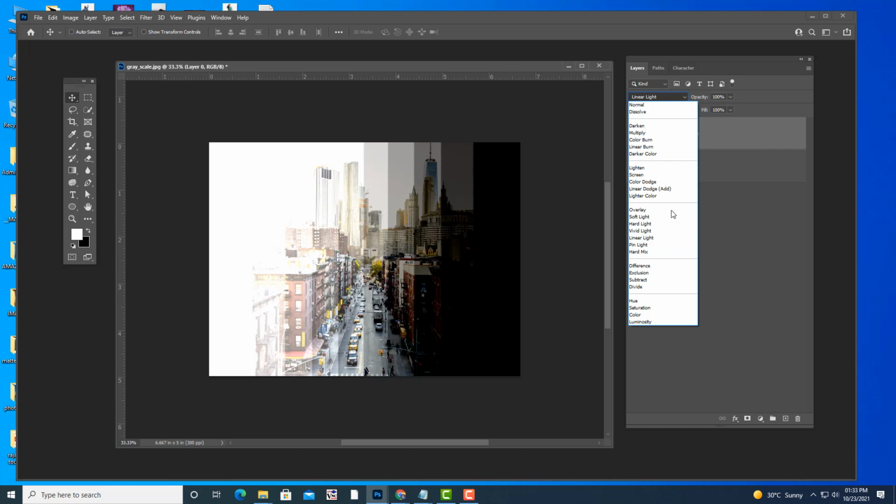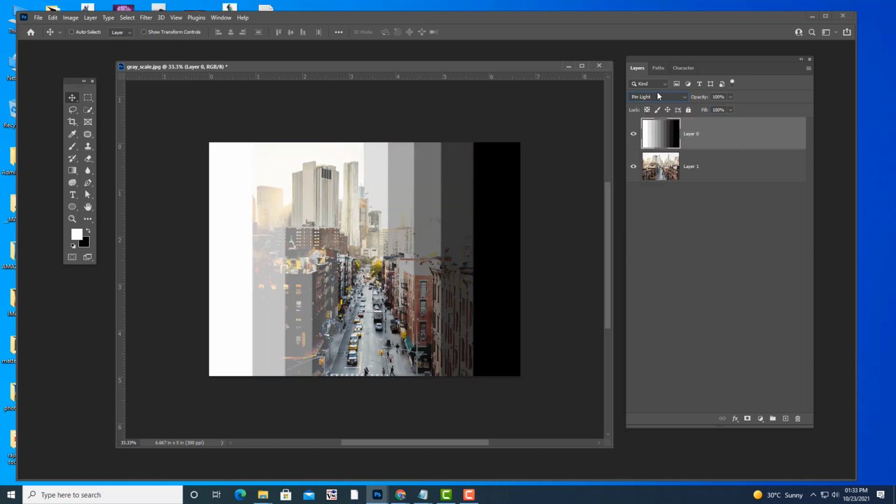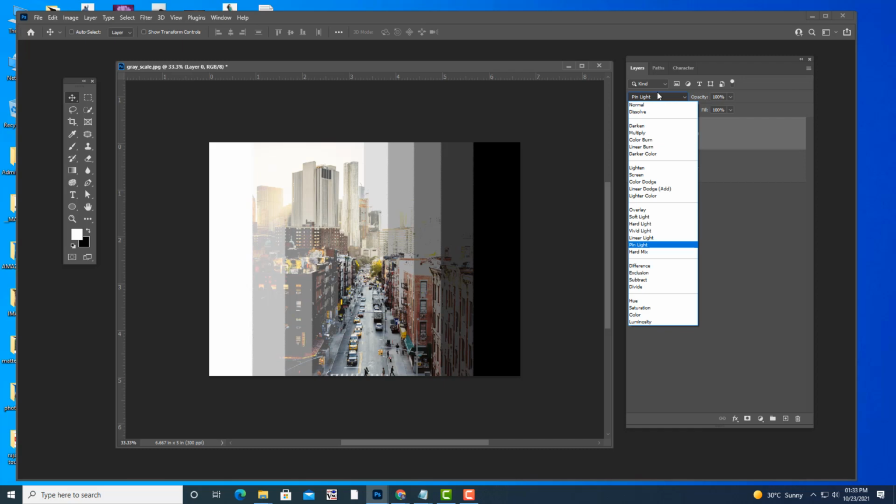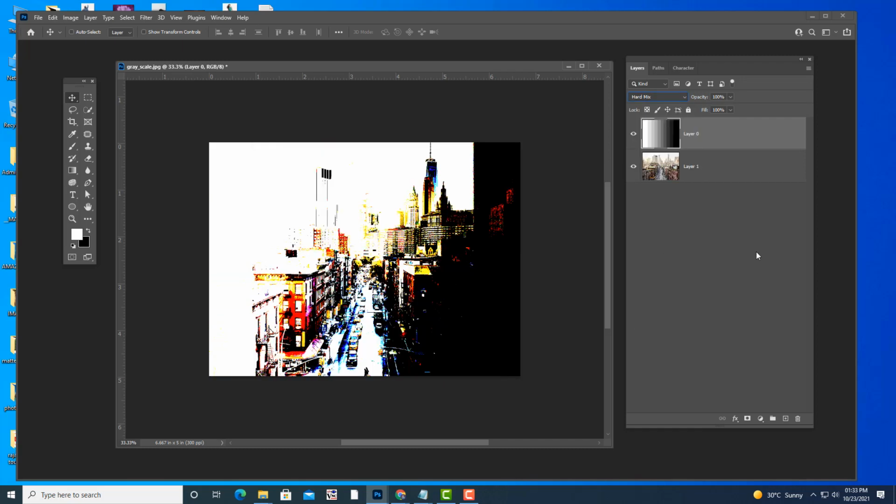Pin light is like a combination of darker color and lighter color. Hard mix, this blend mode we don't use that much. What it will do is only pick the 8 colors from the image. 8 colors are CMY, RGB and black and white.